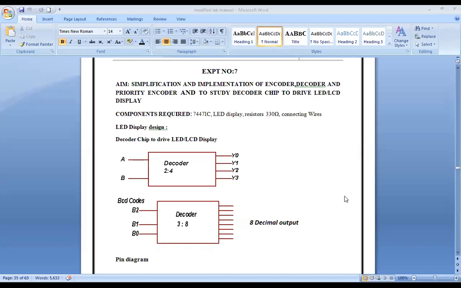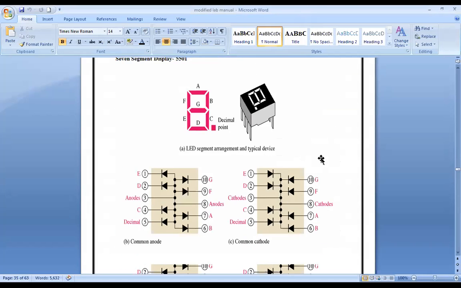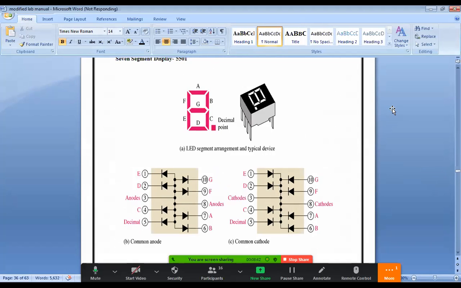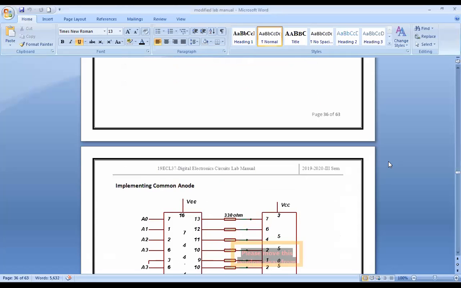So this is what we had seen in our previous lab, isn't it? Where we used decoders, and then we used an application oriented approach as to how we will be displaying it, and then we also looked into the common anode and the common cathode connections, right? Right. So today we will be looking into